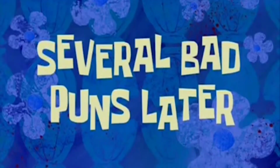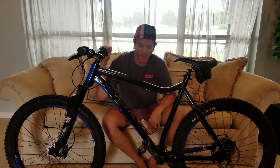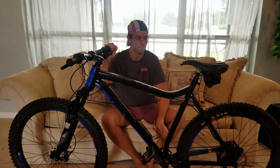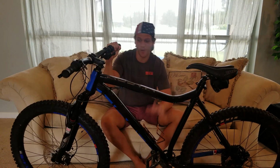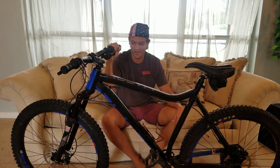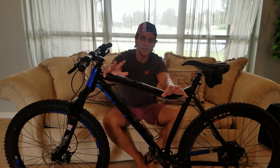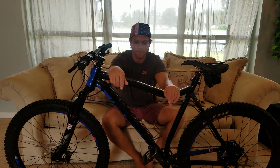Several bad puns later. All right, ladies and gentlemen, I'm back with the 2018 Mason 2 from Diamondback. Y'all, this bike is awesome. This bike is super cool, looks fantastic, looks sleek and sexy and stylish, and it rides just as good as it looks. It's been about 3-4 months since the first part of this video of me putting it together, and